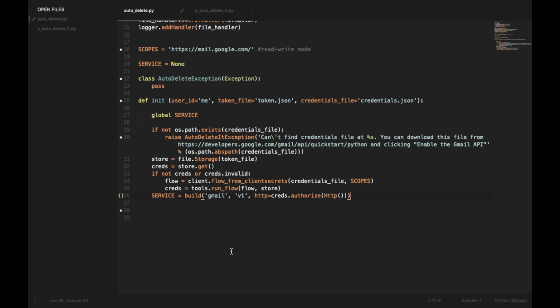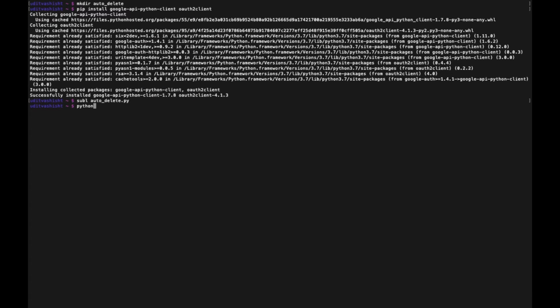Okay. Now what we'll be doing is running this function to create the token file. So if __name__ is equal to "__main__", we run the function with python autodelete.py,